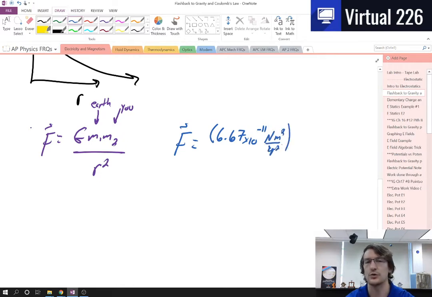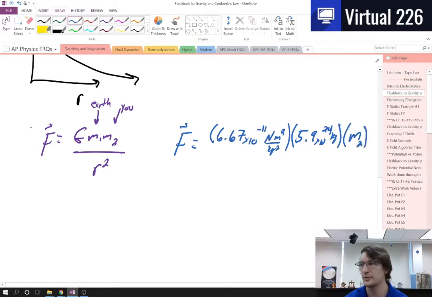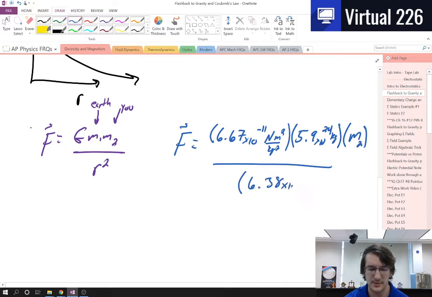I'm going to kind of ignore units as I go throughout this because I know what my final thing will be. And then the mass of the Earth is approximately 5.9 times 10 to the 24th kilograms. And then there's the mass of you. I don't know what your mass is, so let's just call you M2 for now, make life a little easy. And then we'll divide this by the radius of Earth, because we'll say that you're just standing on the planet, which is approximately 6.38 times 10 to the 6th meters. Don't forget the square, okay? So that's what we have right now, just in terms